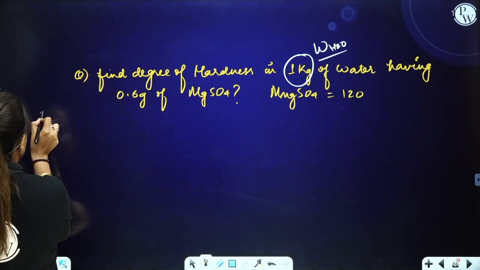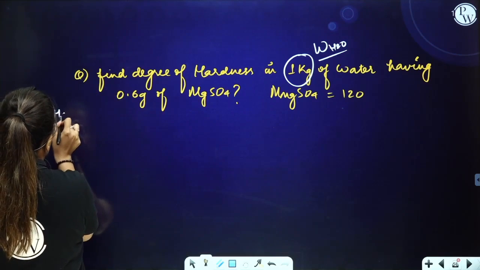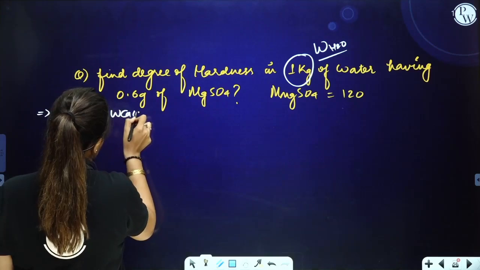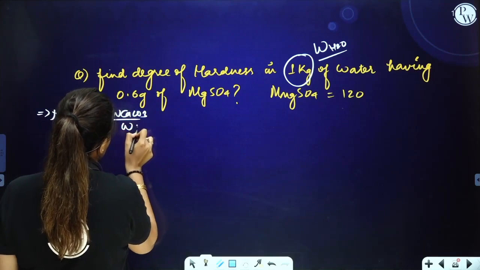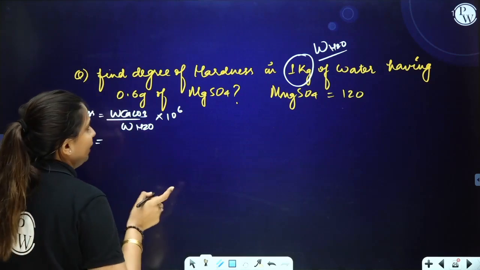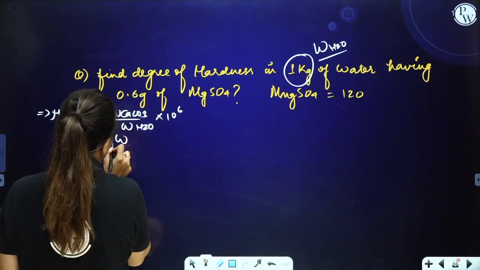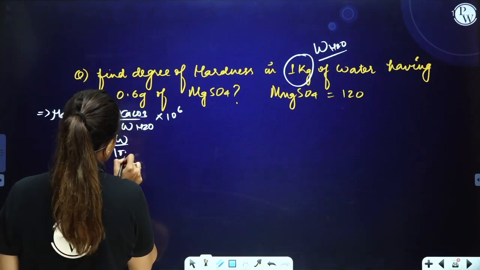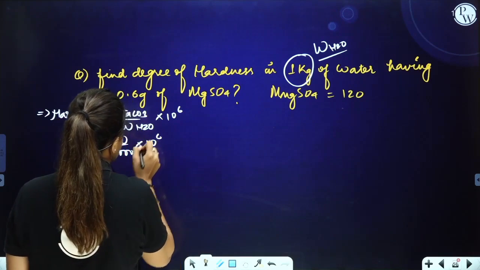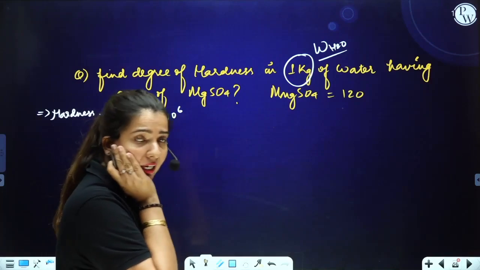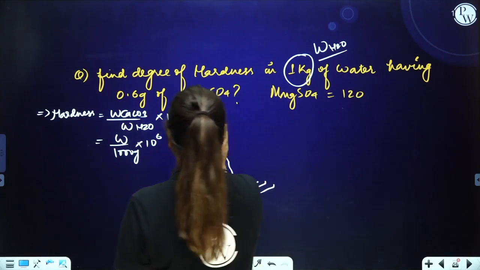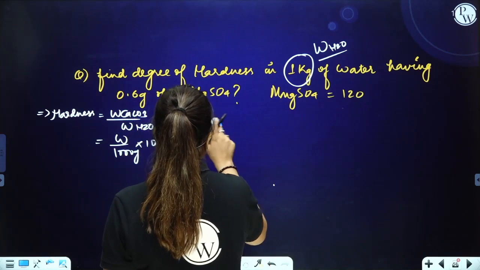Okay, so let's start. We have to express our hardness in terms of weight of calcium carbonate, divided by weight of the water, into 10 to the power 6. Now weight of calcium carbonate we don't know. Weight of water is 1000 grams, so we can take 1 kilogram as 1000 gram and 10 to the power 6. So we are not having this weight. First we need to calculate this weight. How we will calculate the weight? By using the